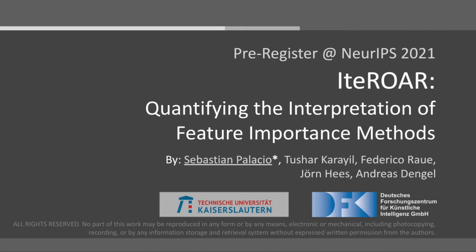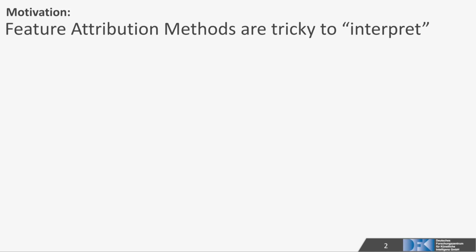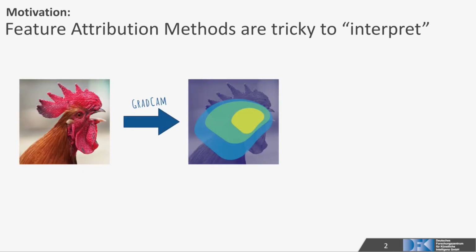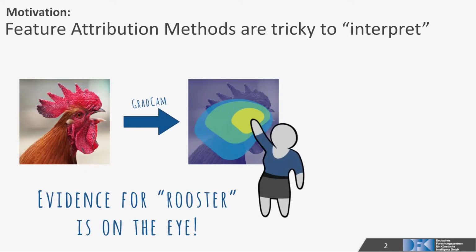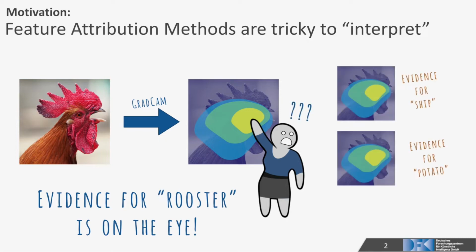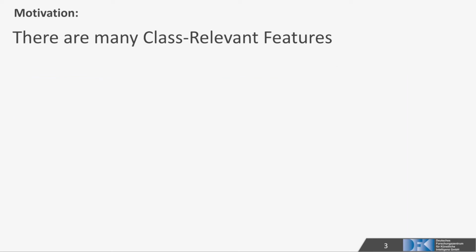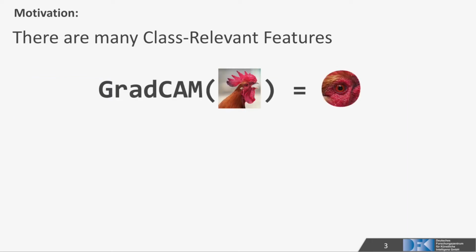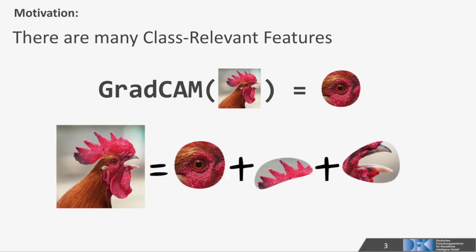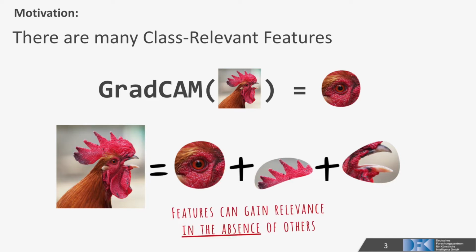on measuring and quantifying feature importance methods. We know that feature importance methods, like GradCam, are widely used to explain a model's decision. However, the way these results are interpreted is sometimes misleading or inconsistent with the user's expectations. Furthermore, methods such as GradCam tend to focus on the most salient feature, where many other class-relevant features may exist. This is why we find the need to ask about the features that become more relevant in the absence of